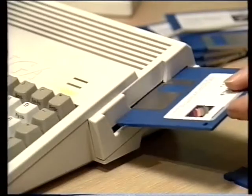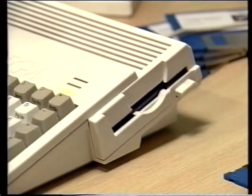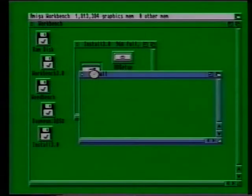You'll be pleased to learn that we've almost reached the end of our journey. All that remains is to install the entire contents of all your Workbench disks onto your hard drive. Thankfully, this is really very simple because Commodore actually supply an installation program on the HD install disk that does the job automatically. Reinsert the HD install disk and you should find a drawer called Install, inside which you'll find